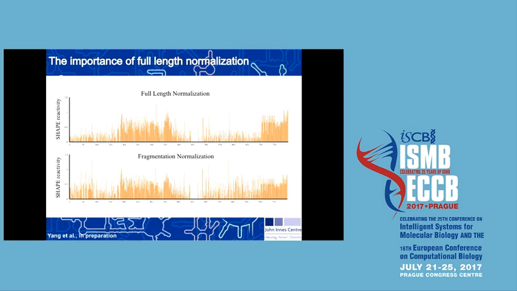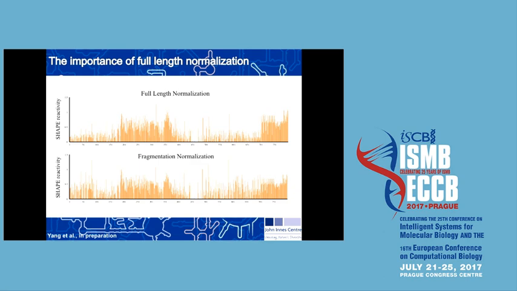We should also do a full length normalization. Previously lots of methods said we don't need full length reads because there's no modification information there; we just capture all the modified nucleotides. But the trouble is that when you do fragmentation, you basically only know whether or not a nucleotide is modified. RNA structure is more like the relationship between each nucleotide across the whole transcript. So you really want a very detailed understanding of the relationship from the first nucleotide to the last. If we do a full length normalization, what comes out is this kind of